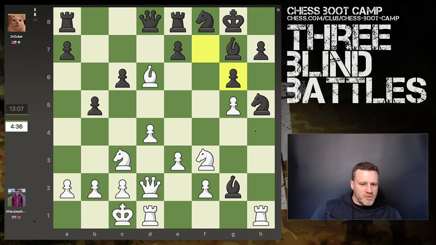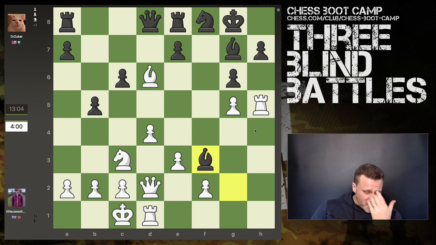We have no light squared bishop. The queen can't give check. Sacks the rook. Sacks the exchange. Oh! Captures the knight of... What? Sacks the rook. Another... Well, this is a desperado capture, eh? Well, I don't know what's going to happen here. Honestly, guys, I'm...